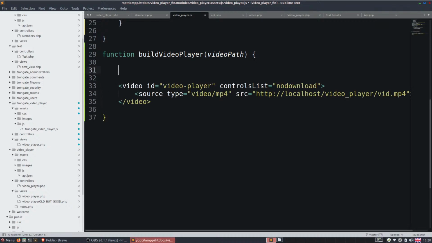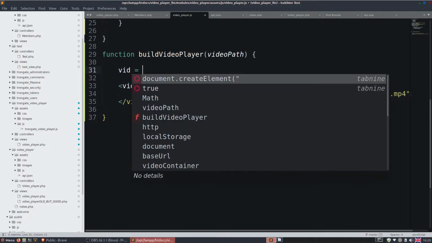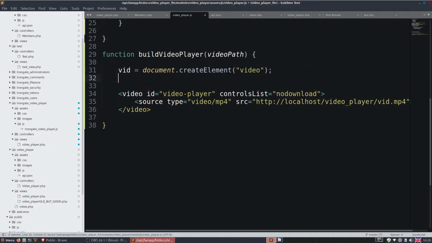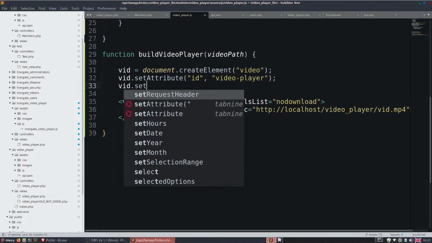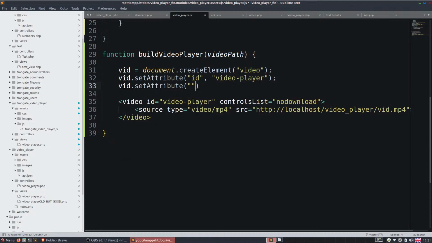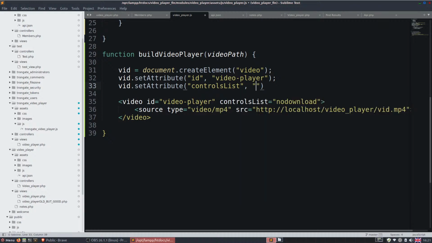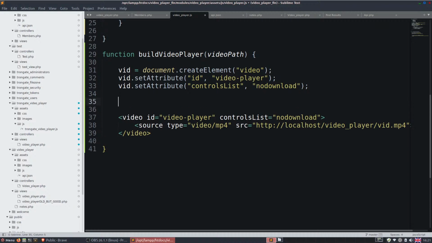So I'm going to say vid equals document.createElement, and the element is a video. Now I'm going to say vid.setAttribute. I'm going to give it an ID of video player. Then I'm going to say vid.setAttribute. I'm going to say controlsList is going to be nodownload. And then I'm going to say